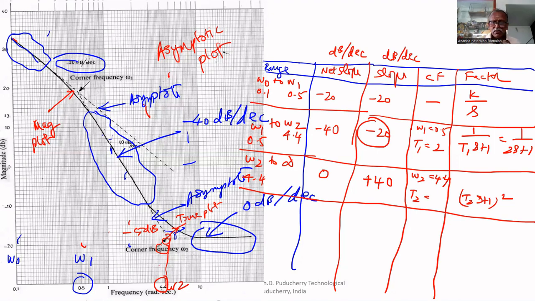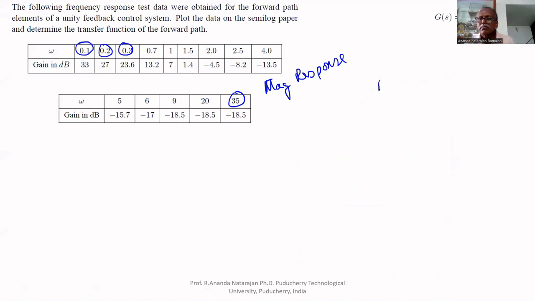That is equal to 0.227. So 1 divided by 4.4, if we take the square root of this, it is equal to